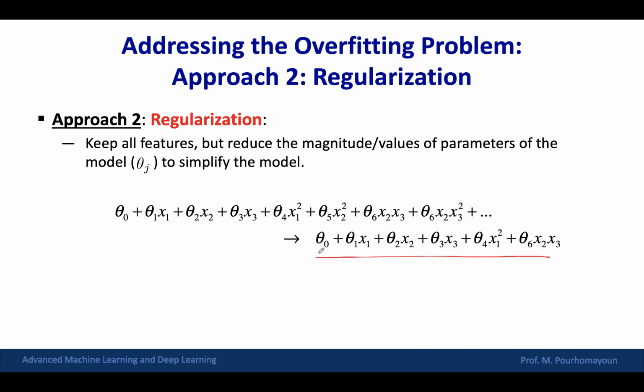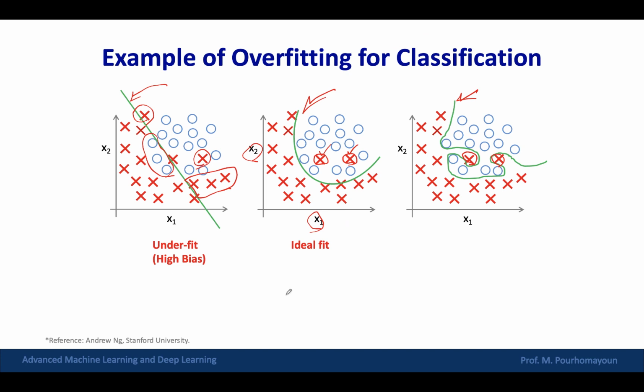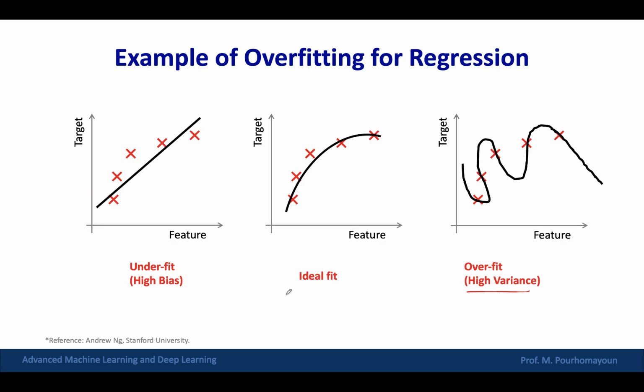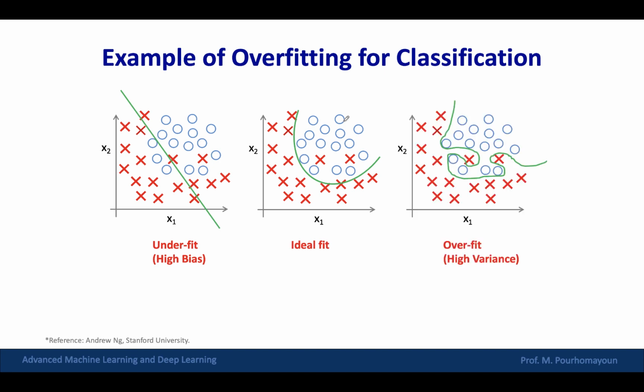By doing that, you simply move from overfit situation to ideal fit, something like that. Okay, so remember, this is important. So by applying this technique, for example regularization, you just move from this state to this one. You make your, I don't know, order 5 model into like a quadratic model, something like that. All right,